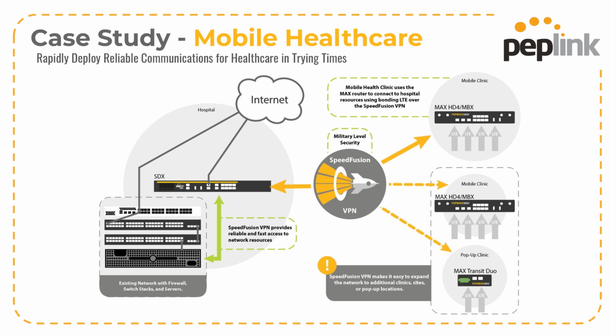So on the right side, that's the mobile side. So we've got mobile clinics. You can see there's a couple different mobile clinics here on the right, and there's smaller pop-up clinics. And so in each of these scenarios, you've got 4 modem, 2 modem connections, and you can home those all back to that SDX in the hospital, so that each of them can use all the different internet connections they have out in the field to give you enhanced throughput and enhanced application performance, all using the military level security